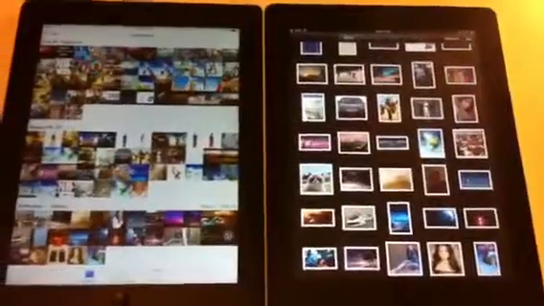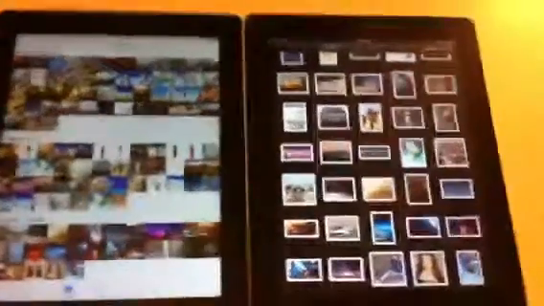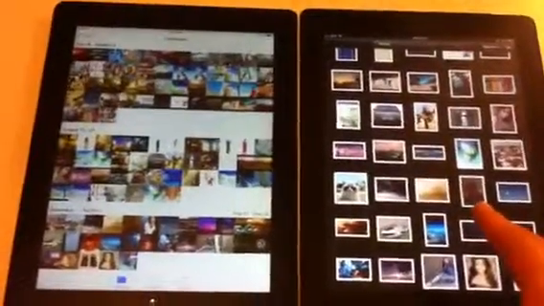Okay, anyways, this is the layout. Now remember, iOS 6, iOS 7. Now everybody recognizes this. This has been like this for iPad 2, iPad 3, and iPad 4. These are both iPad 4s. Now as you can see,